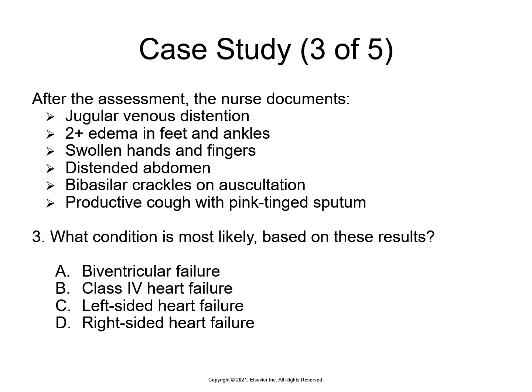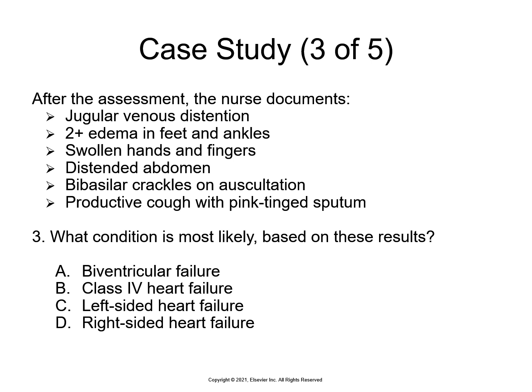So after the assessment, your documentation is that he has jugular vein distension. He has 2+ edema in his feet and ankles. He has swollen hands and fingers. He has a distended abdomen. He has bibasilar crackles on auscultation. He has a productive cough with pink tinged sputum. So what kind of condition are we looking at here? Now this is kind of